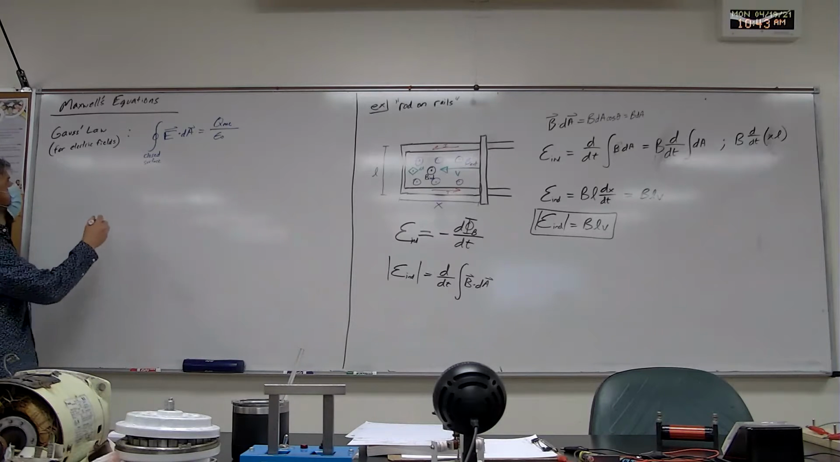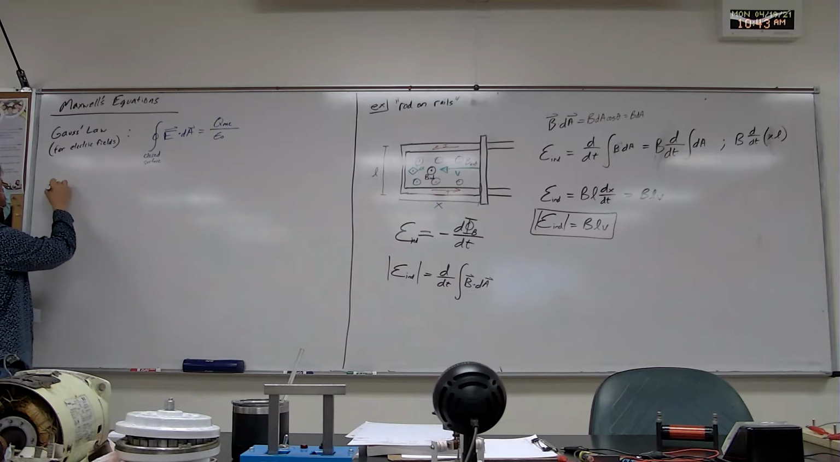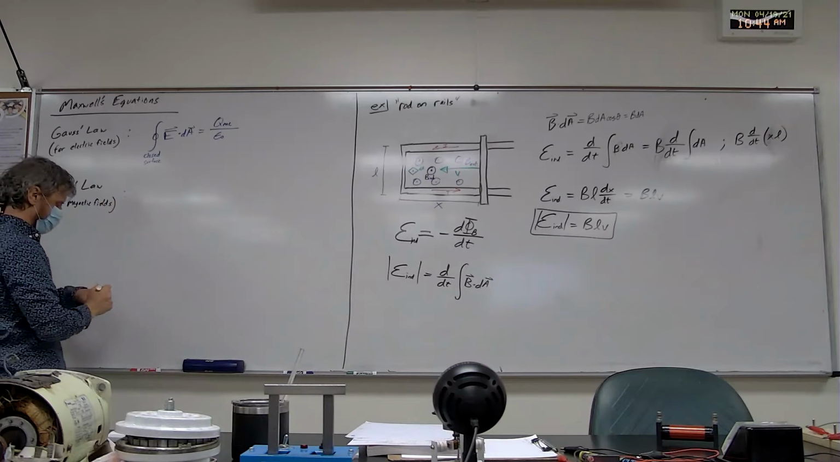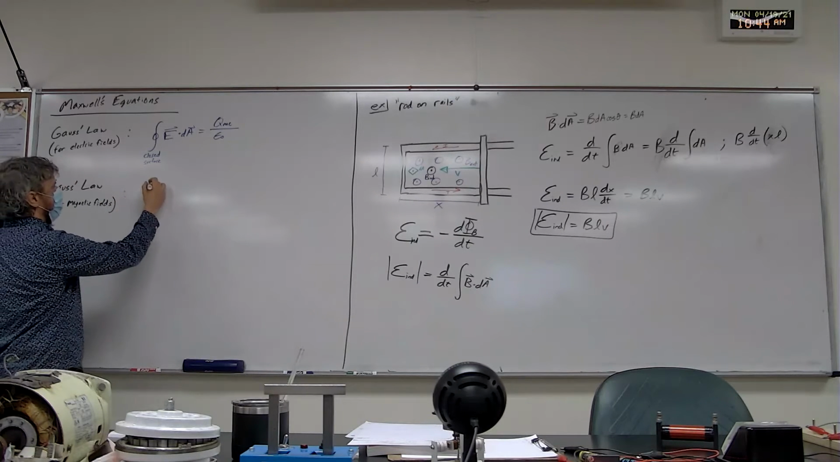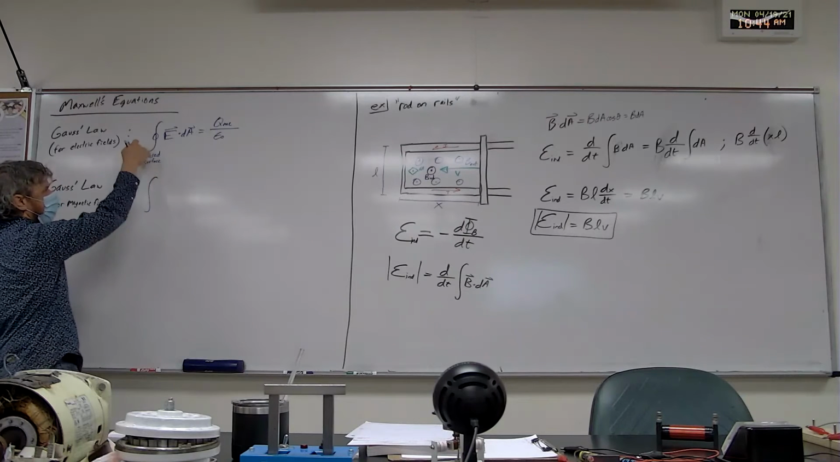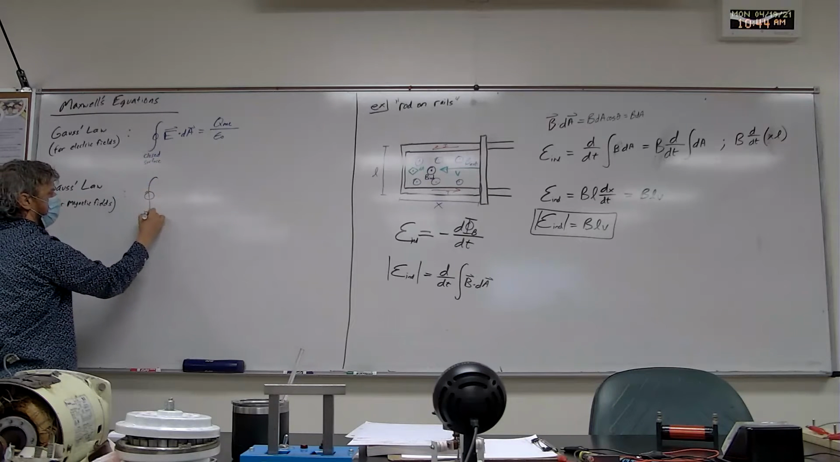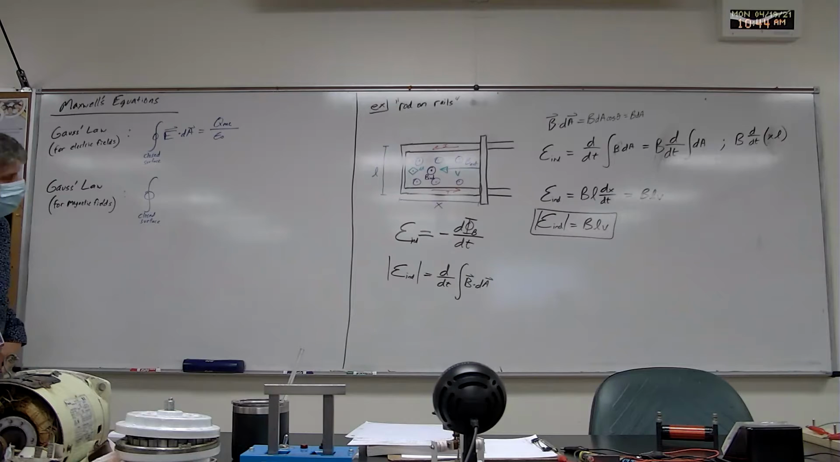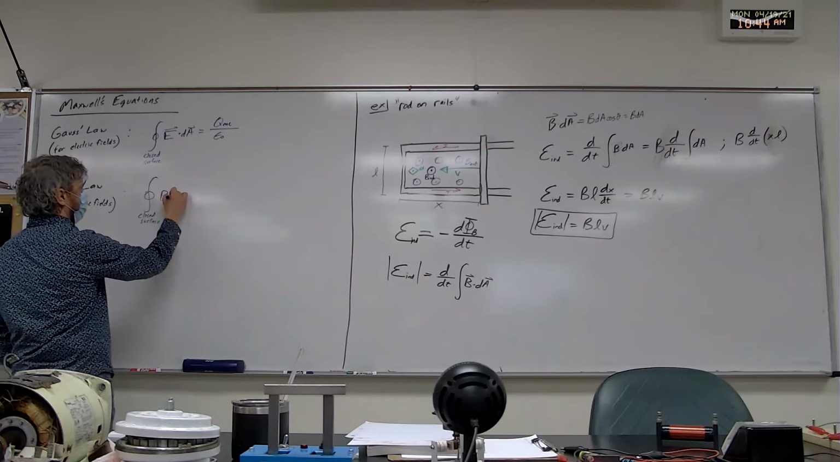And then it's Gauss's law for magnetic fields, which is the one that we actually use the least, but you do need to understand it from a conceptual standpoint. Gauss's law for magnetic fields says that the integral over any closed surface, just like the one for electric fields, of B dot dA